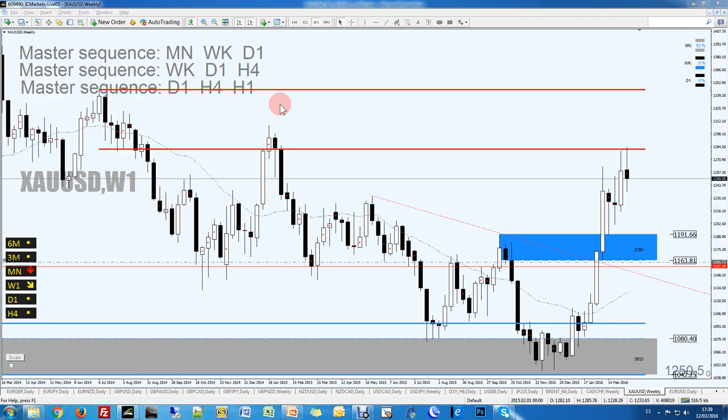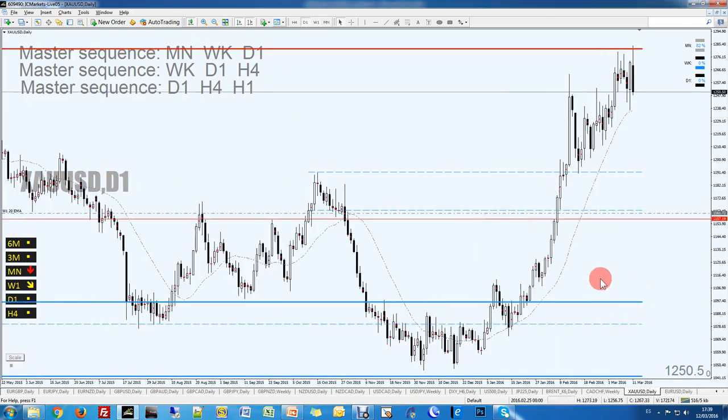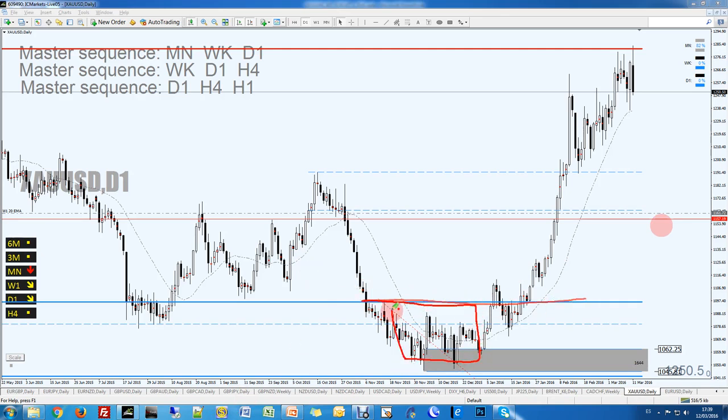That's what we have. So let's see on the daily now. We've got down here, all this is the weekly and monthly area of demand. So on the daily, this is what we have. We've got a while long, but this is just too risky because it hasn't taken out anything. So I should be waiting for something like that, to see all this be out all the way with a runway to here or more.